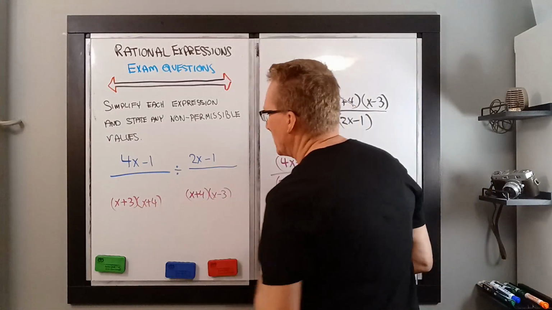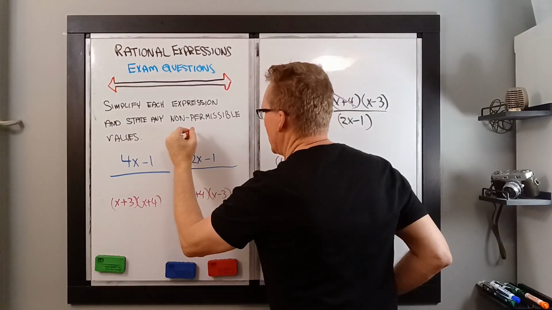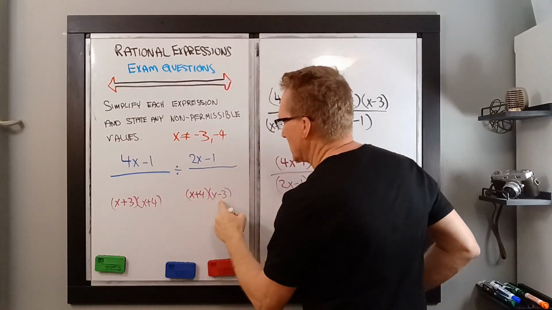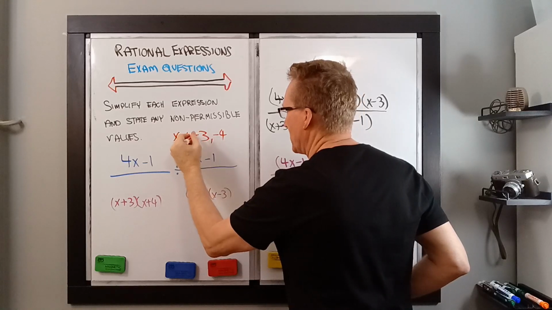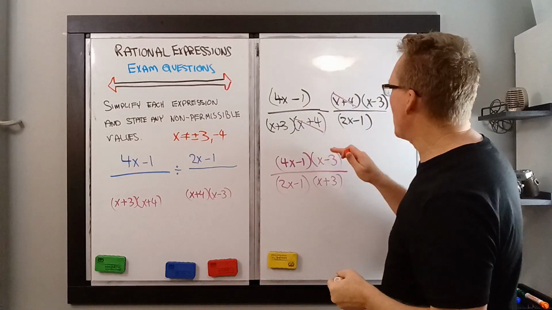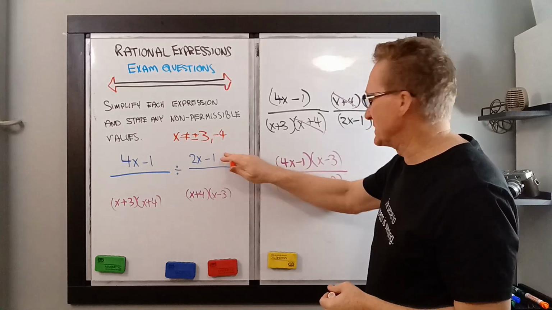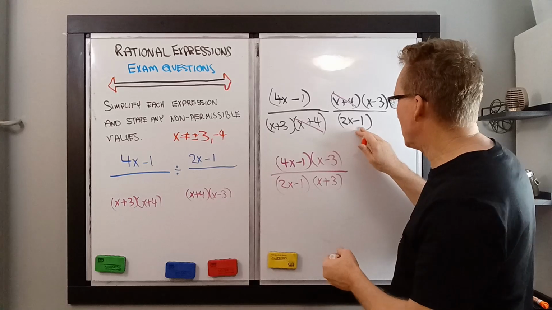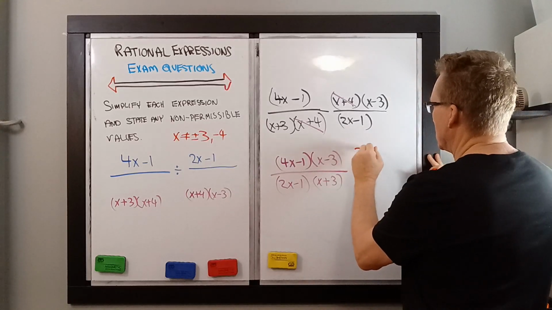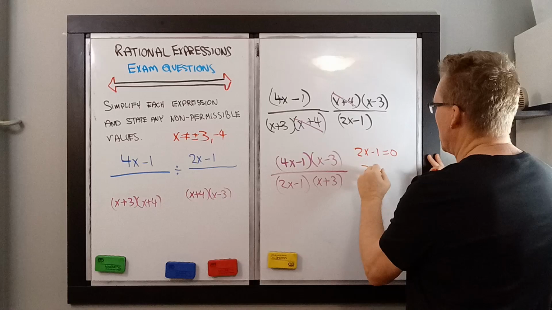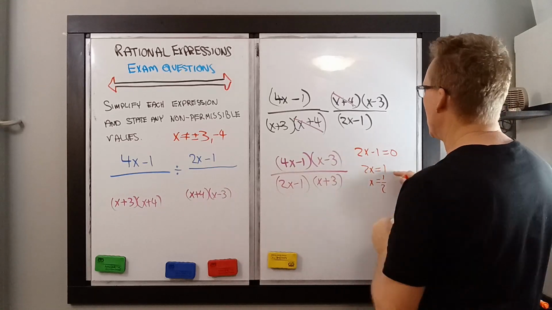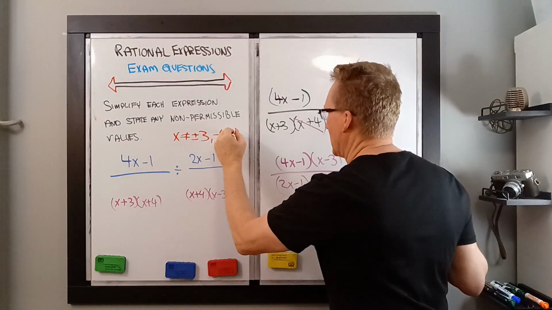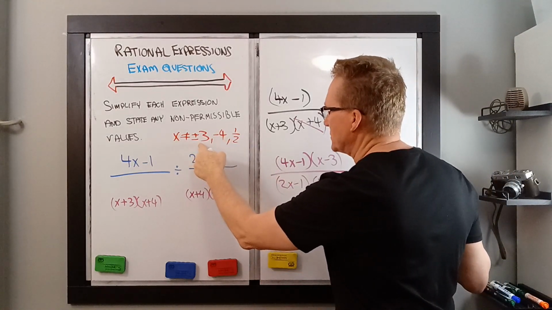So here, obviously, we're not allowed a couple of values. X cannot equal minus 3. That's for this one. And it cannot equal minus 4. That's for this one. It also can't equal 3. But there's one more value here, and that is this thing here, because you're going to flip this, we're going to put that into the denominator later. This 2x minus 1 also can't be equal to 0. 2x minus 1 equal to 0, 2x equals 1, x equals 1/2. So x cannot equal 1/2 because if it is, then this is equal to 0. So also 1/2. So these are the 1, 2, 3,